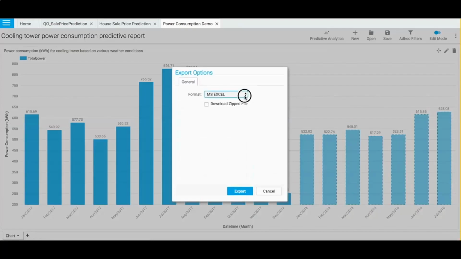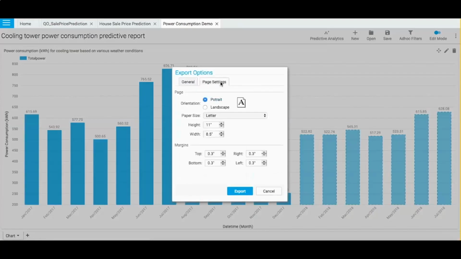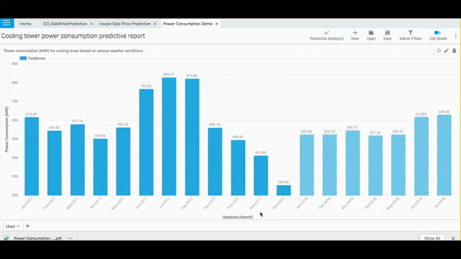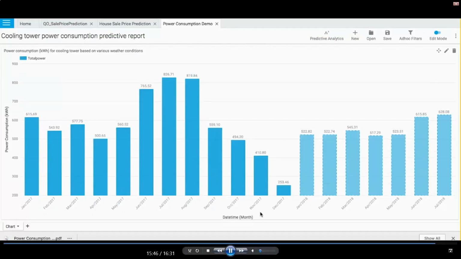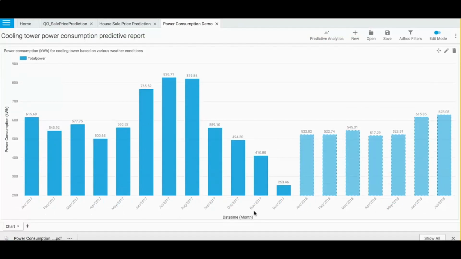There are many output options. Let me choose PDF. This seems to be a wide display report, so let me do a landscape, and then export.